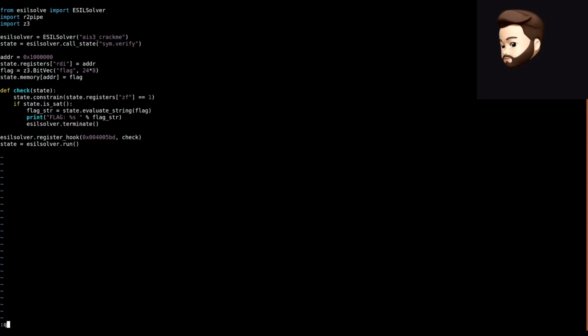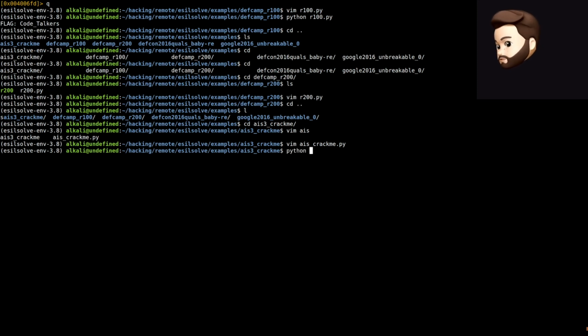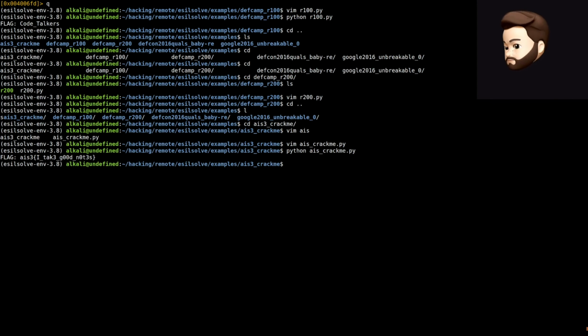So you can see this one also runs very quickly. Should run here after a couple seconds. Yep. This is just another example of a very quick CTF challenge that we can do very quickly with